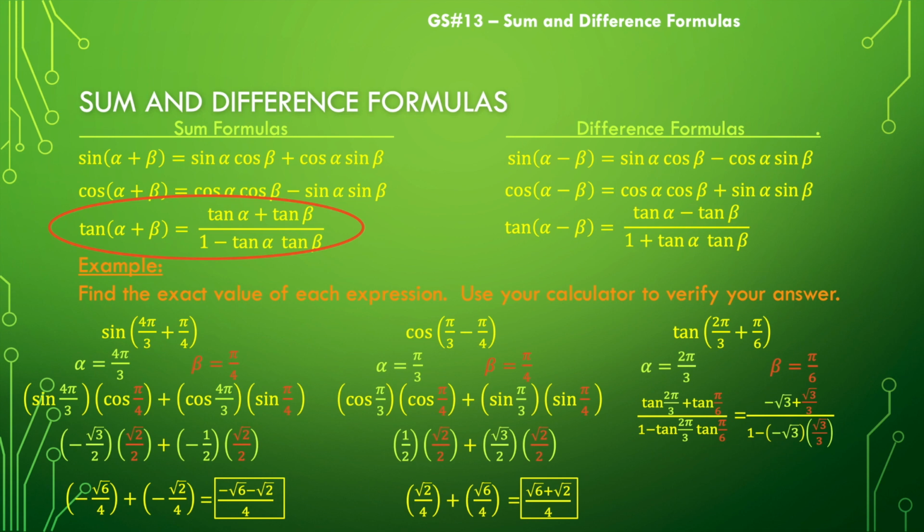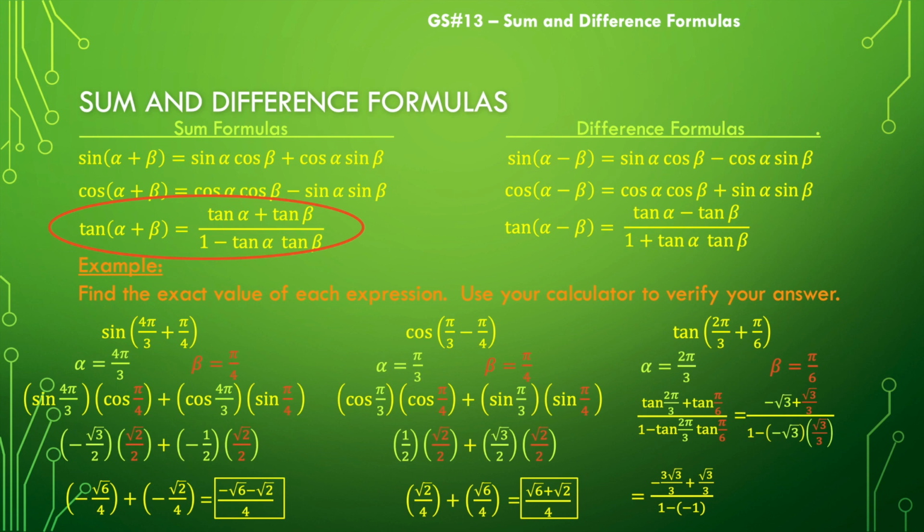Okay. So now let's look at what we have here. In the numerator, we're definitely going to want to combine these into a single fraction. But in the denominator, take a look at what's going to happen. If I multiply this negative square root of 3 times this positive square root of 3, all I have is negative 3 in the numerator. So I'll have negative 3 over 3, which will be negative 1. But I have this negative out in front of that whole thing, so I'll end up with 1 minus a